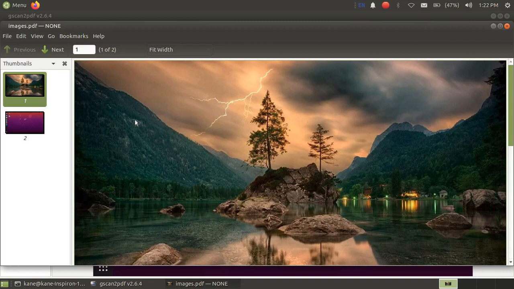You can also do that using the terminal, but I have not done that, as it is very easy to convert in a GUI, so there is no need to convert using the terminal where you have to learn syntax, and then you will be able to convert. But in GUI it is very easy, and I hope that you will be able to convert your multiple images into PDF. So that's it for this video.